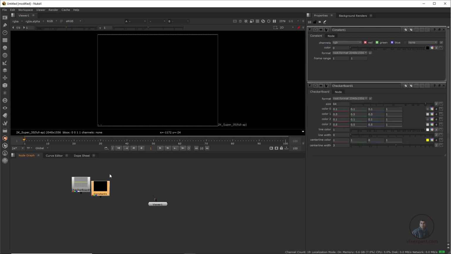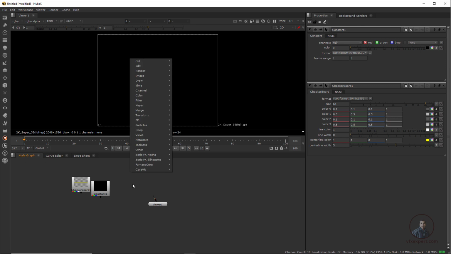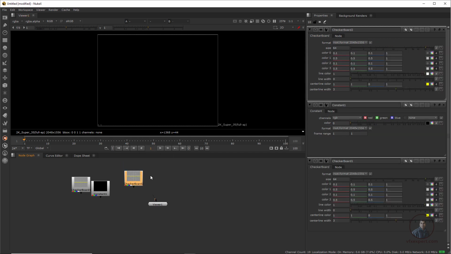And the second method is inside our node graph: right click inside the node graph, then you will get the same thing. Maybe in our image tab, again you can click on this Checkerboard. This will again add a Checkerboard node here. And the third method: simply click on our node graph and press the Tab button. You will get your node finder here, and simply you can type here, maybe Blur. Any node name you can simply search and select.